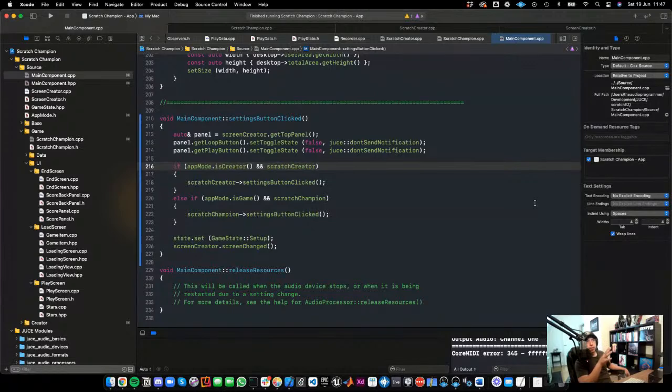There are a lot of arguments here to make Scratch Champion and Scratch Creator inherit from a common class because there's a lot of stuff that's quite common here. I'm going to leave it like this for now